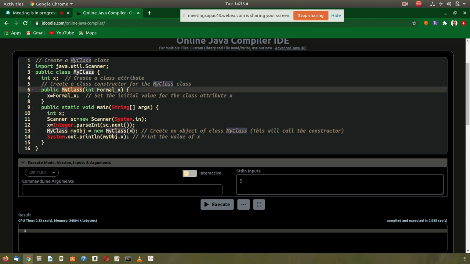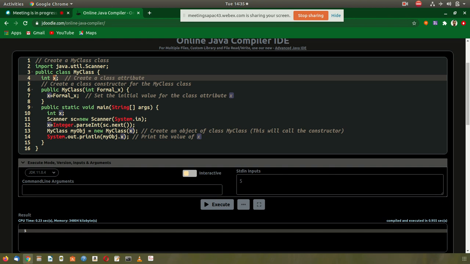Then after that, nothing we are doing, simply output what value we have given from the input, to verify whether really it is stored in the x value. How to verify? myObject, that is the object to which the constructor is created, myObject.x. So x is a value accepted from the user, then this value is given to the constructor. And what is the purpose of constructor? To initialize the parameters.